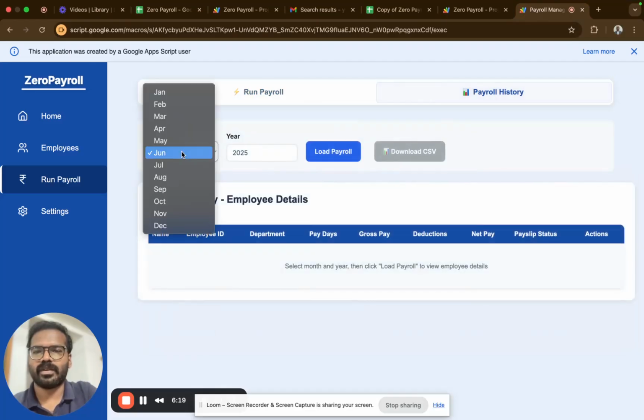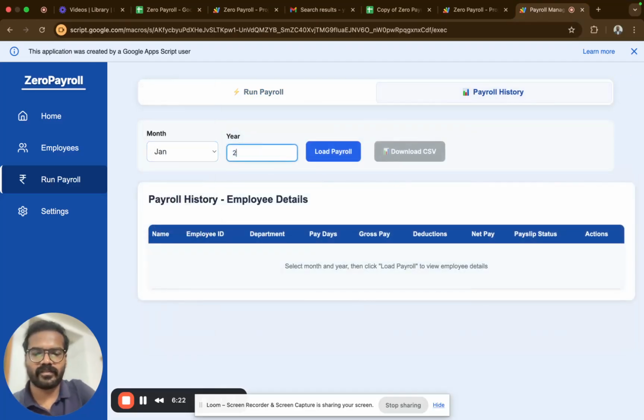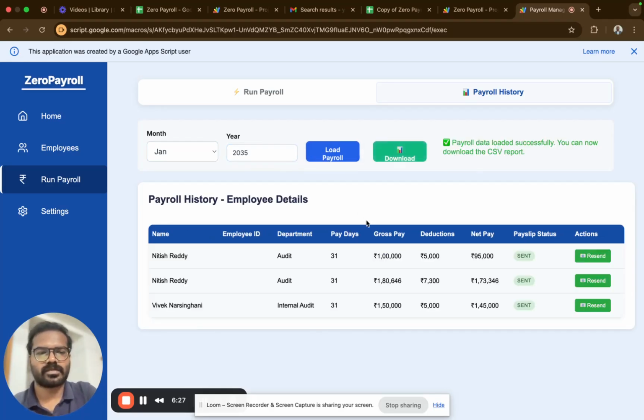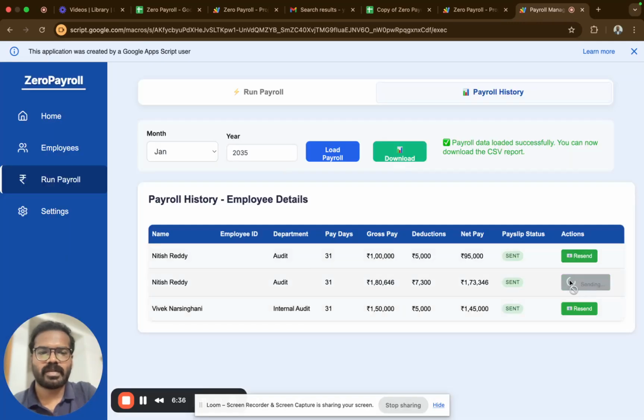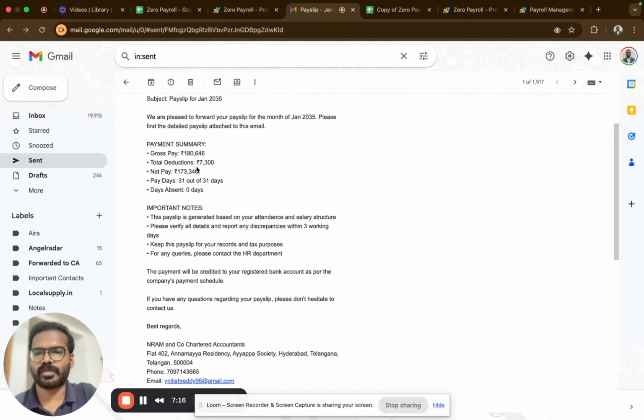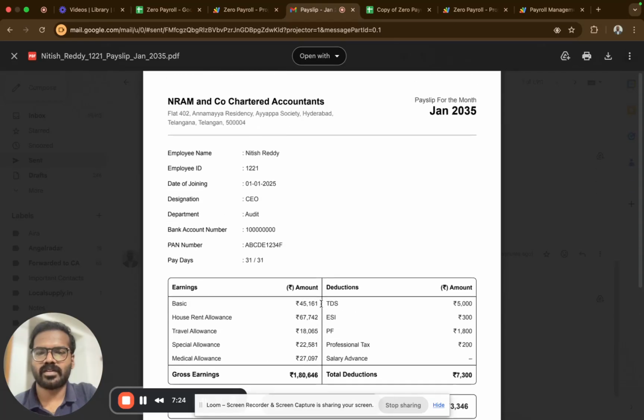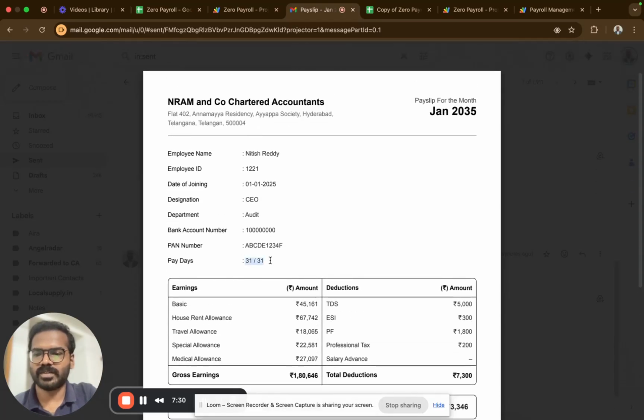I can go into the payroll here and see the status of the payroll and see if the salary slips have been sent. Yes, they've been sent. If I want to resend a salary slip to a particular employee, I can just click on resend. In the backend, it goes on. You don't have to wait on the screen. And also, if you want to download a summary of that particular month's salaries, you can download the CSV file where you get the entire gross pay, earnings, and deductions. Gross pay, total deductions, net pay. The gross pay has changed based on the number of pay days. Right now, as per the code, which we'll focus on later,